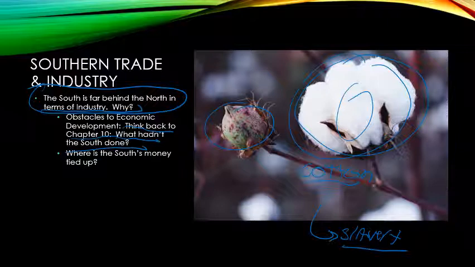So take that back to the South and slavery. The South has become dependent. Slave owners in the South, and I'm not making an excuse for them, I don't feel bad for them, but slave owners in the South are dependent upon the institution of slavery. They're dependent upon slave labor. Slave labor, meaning workers that don't have to be paid, allows them to plant more cotton, buy more land, expand their